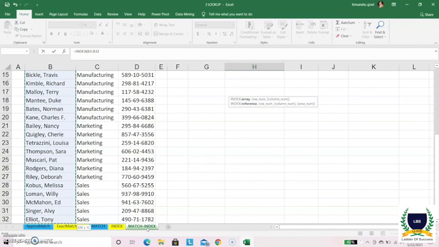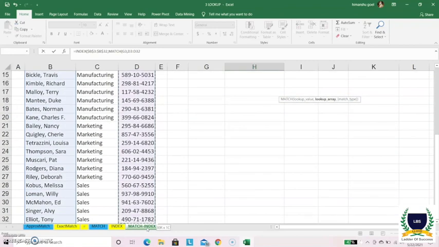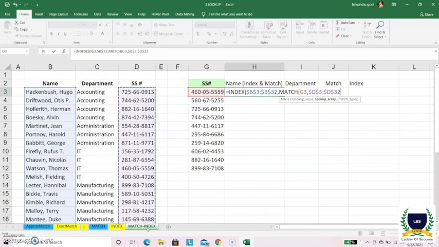That's why I'll choose this and fix it up because I wanted to paste this particular formula in the subsequent cells. That's why I'll fix it, right? Next is my row number and column number, for which I'll use the MATCH function. For the MATCH function, my lookup value is this, right? Because I wanted to know the position of this SS in this particular array. So I'll fix it up again, right?